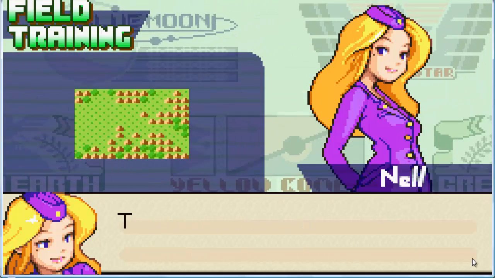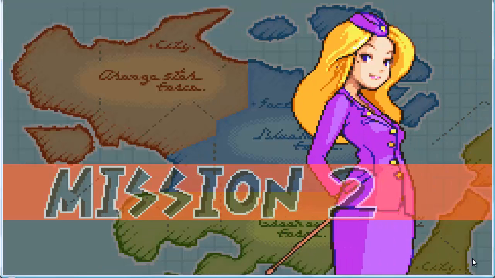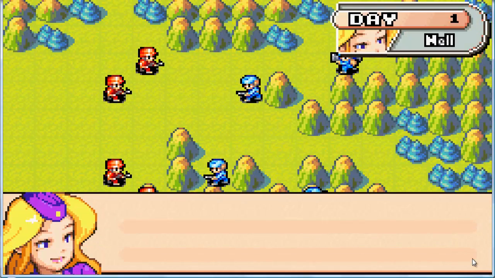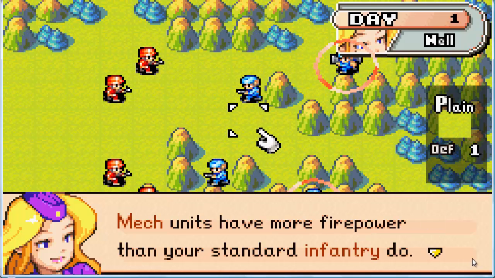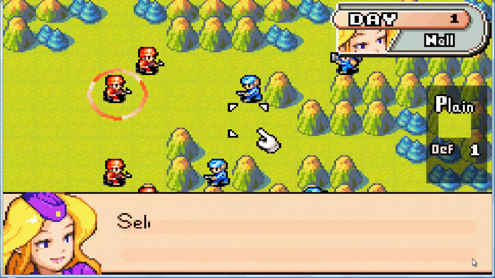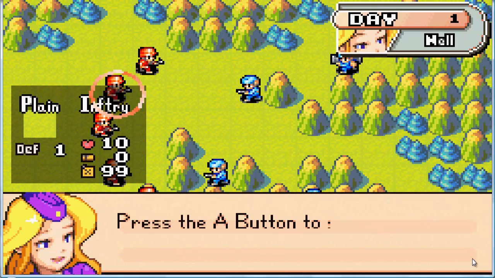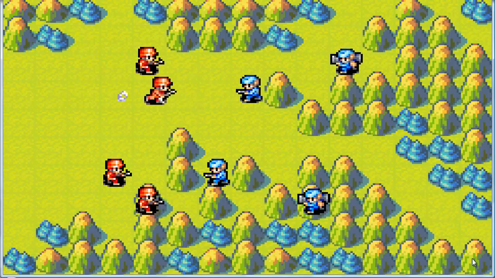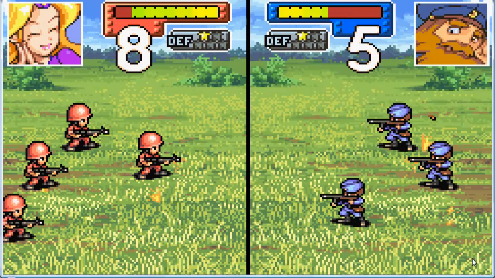And we'll go ahead and do terrain intel. So the enemies deployed mechs, and they have more firepower than standard infantry. They have a bazooka, which they can use against tanks,